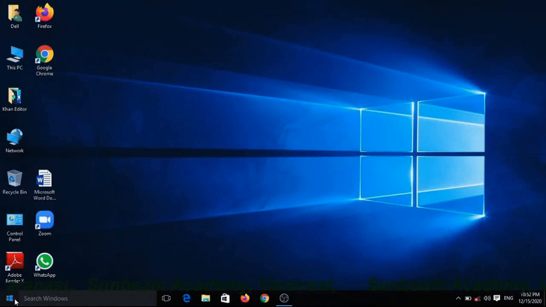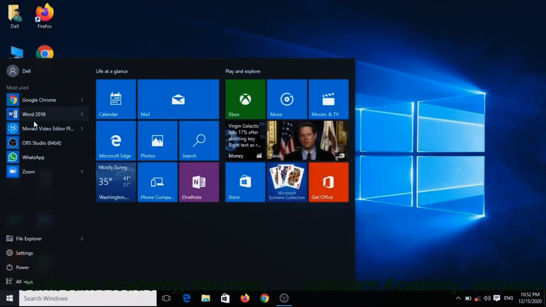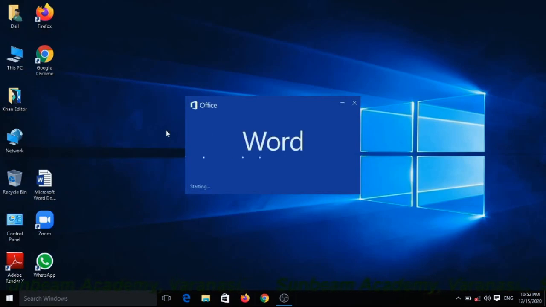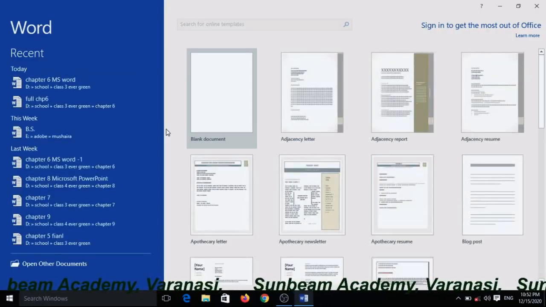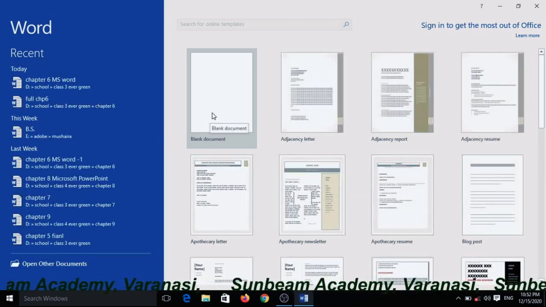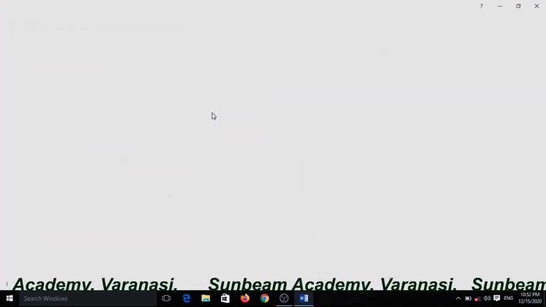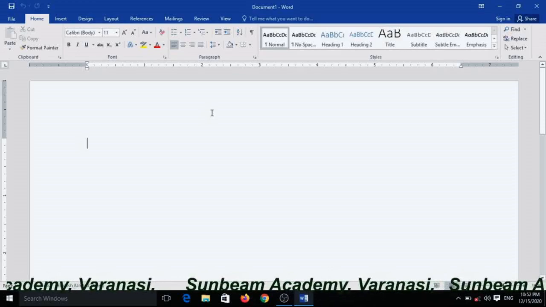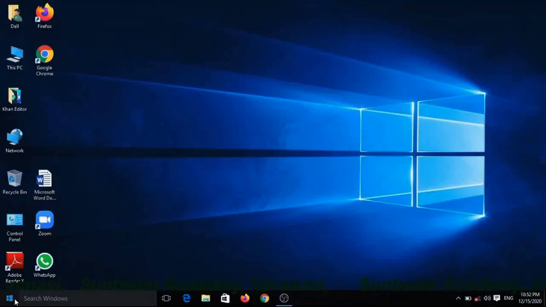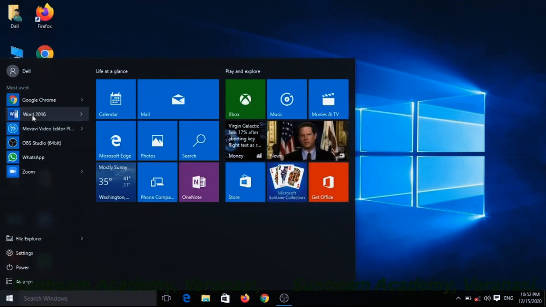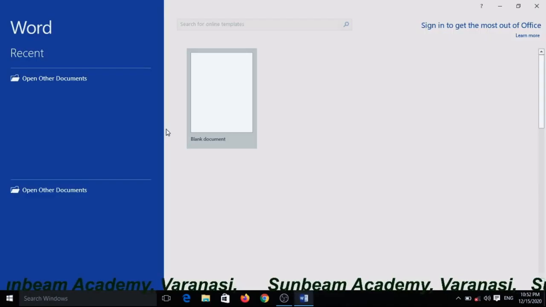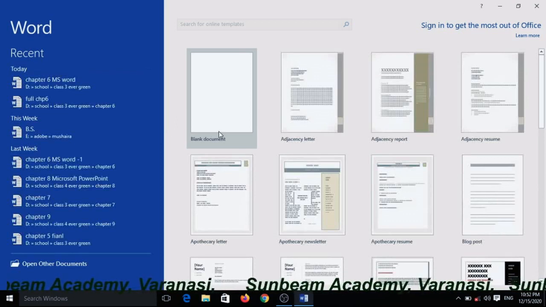I want to start my new document of MS Word. Just click on the start button and choose Microsoft Word. A window will appear here, and then you can choose the blank document. Yes, it has opened.